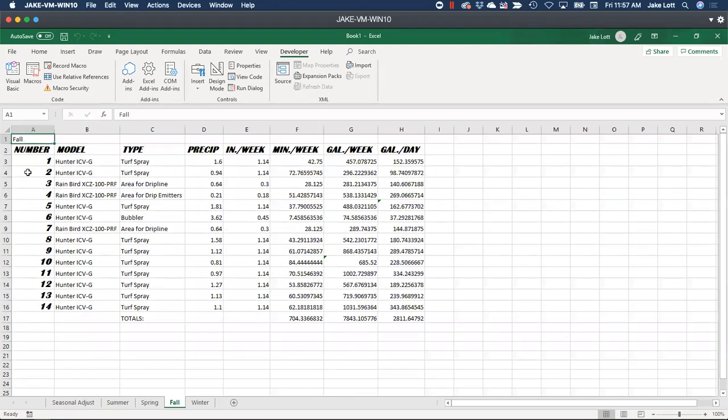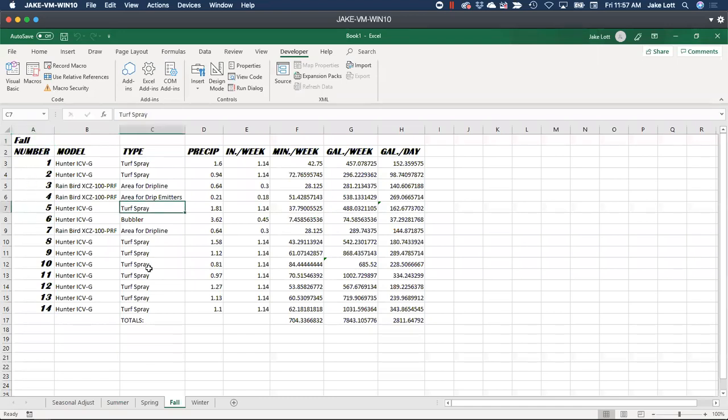Maybe I did want it to just that one cell. So very, very quickly, I could start manipulating this how I want it, and bring it back over.